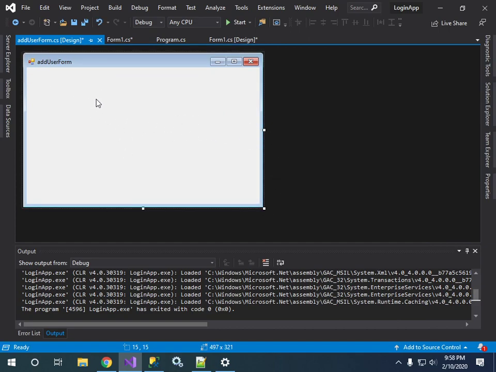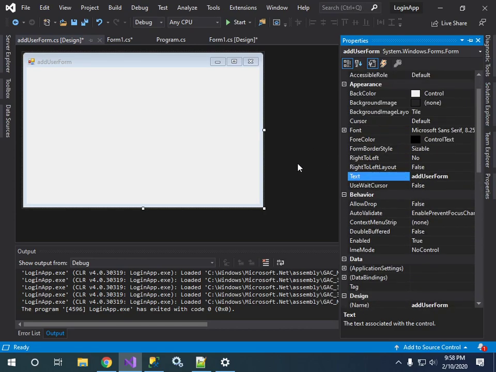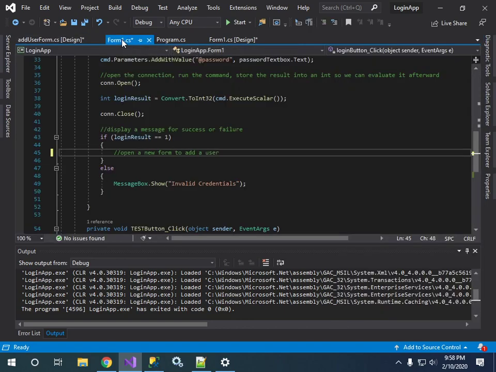And we'll clean it up just a little bit. We won't go all in on it yet. We just want to get it working and make sure that the event handler to open this form is working before we go too far. So with the form highlighted, I'll expand Properties and maybe just set some very basic stuff, like see how at the top the title of the form is just the name of the form. Maybe we go to the text property here and say Add New User, and that just looks a little bit nicer. All right. So we'll stop here before we even add, this is a form where they would maybe have text boxes to type in the name, password, email. Before we really get into that, let's go back to the code of Form 1,